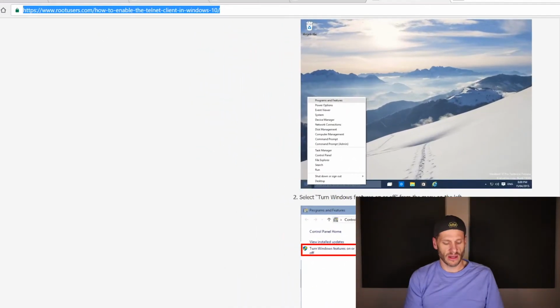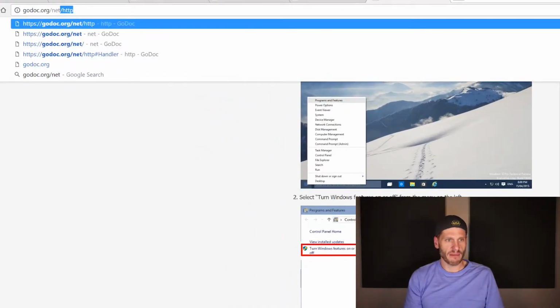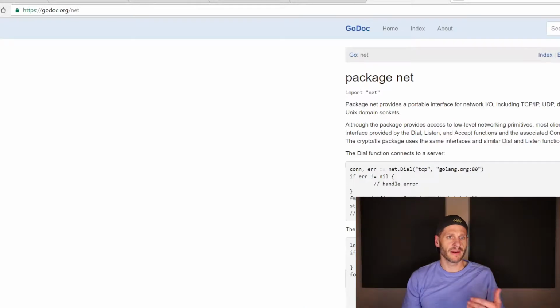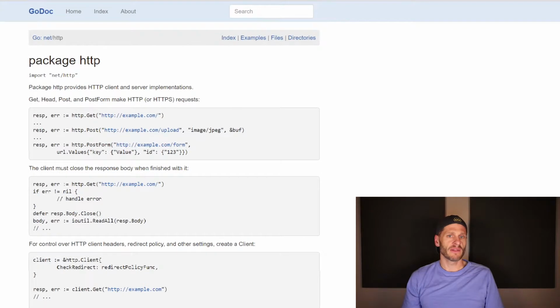If we go and look at godoc.org, there is a net package which allows us to do things on the network, like create these types of servers and do things on the TCP network. We could also go to net/http, and it's no coincidence that we have the net package and then the HTTP package on top of that. So all of the server stuff will have been written for us, and we could use that. It's part of the standard library, and it's written by professional, hardcore, amazing black belt coders, so it's really good. But I want us to understand a little bit about what's going on behind the scenes